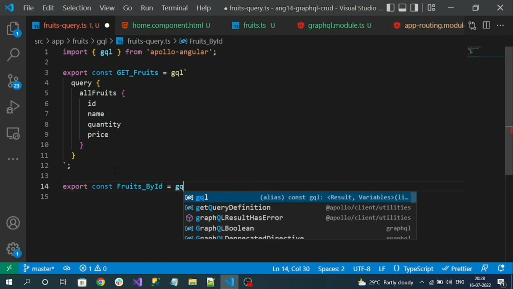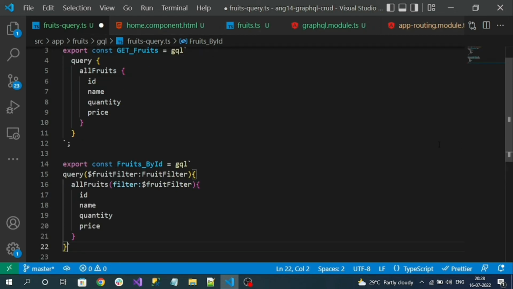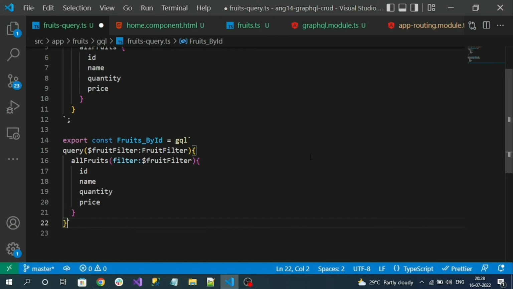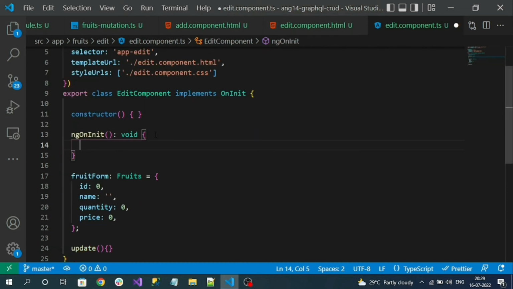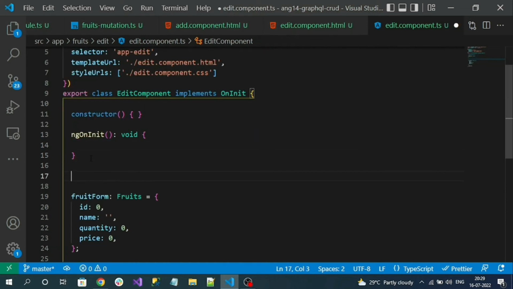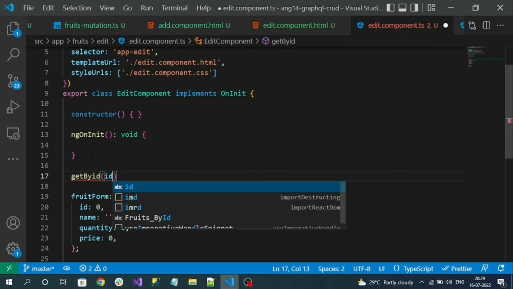Okay, GQL, and copy it inside of it. Okay, now go to our edit component.ts. Let's create a method like get by ID. Okay, and this method will have input parameter our ID,